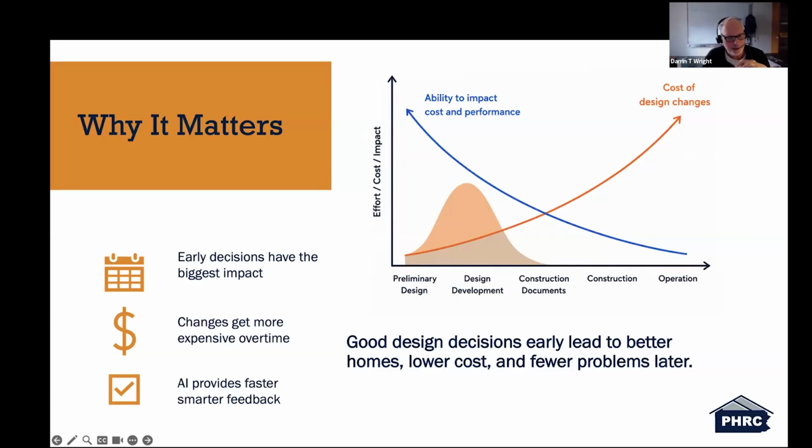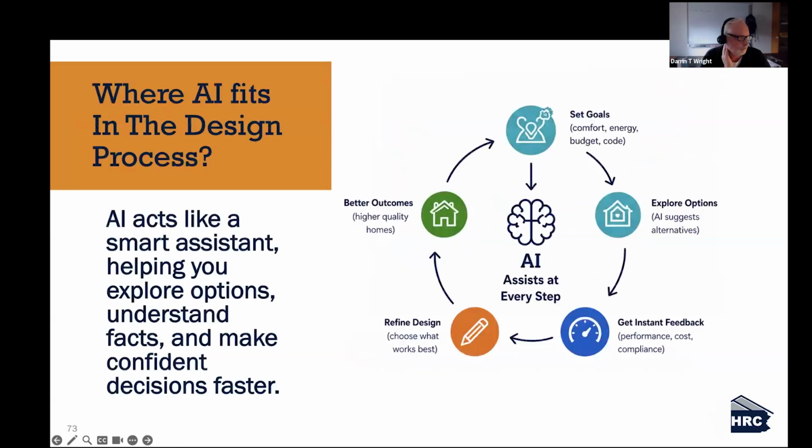If you have the initial plan and it's kind of broad and not very nailed down, as we get through the construction process, those costs can skyrocket significantly because of changes that have to be made when design decisions weren't made correctly in the beginning. And where AI fits within the design process, it acts like a smart assistant, helping you explore options, understand facts, and make confident decisions faster.